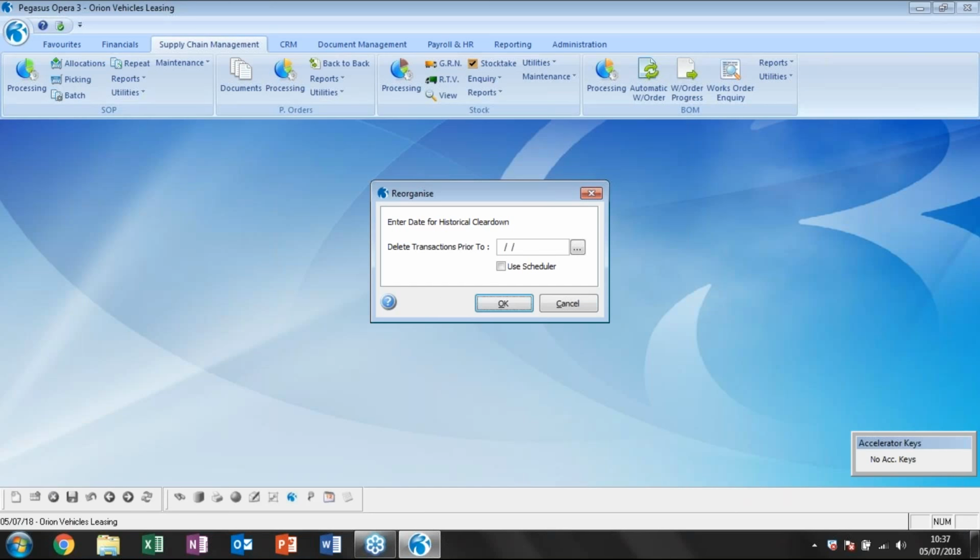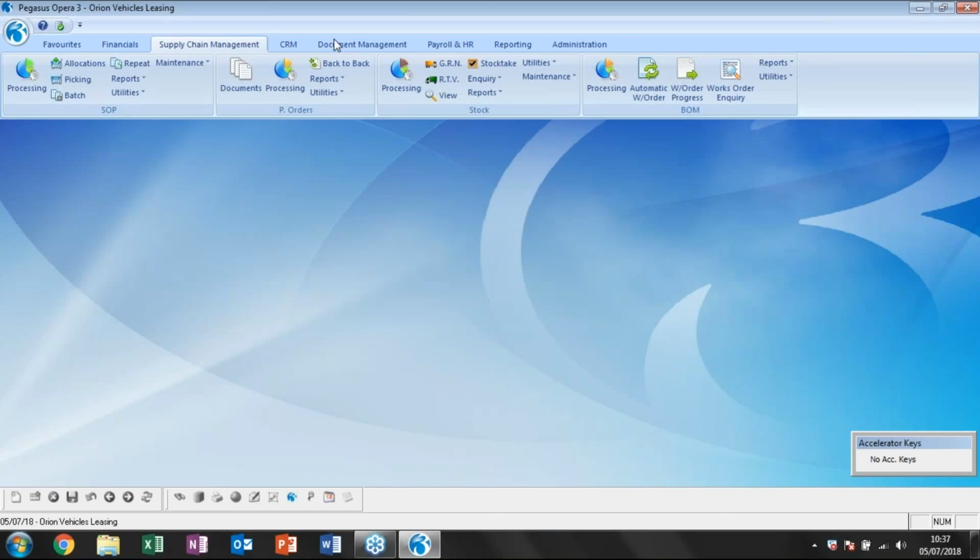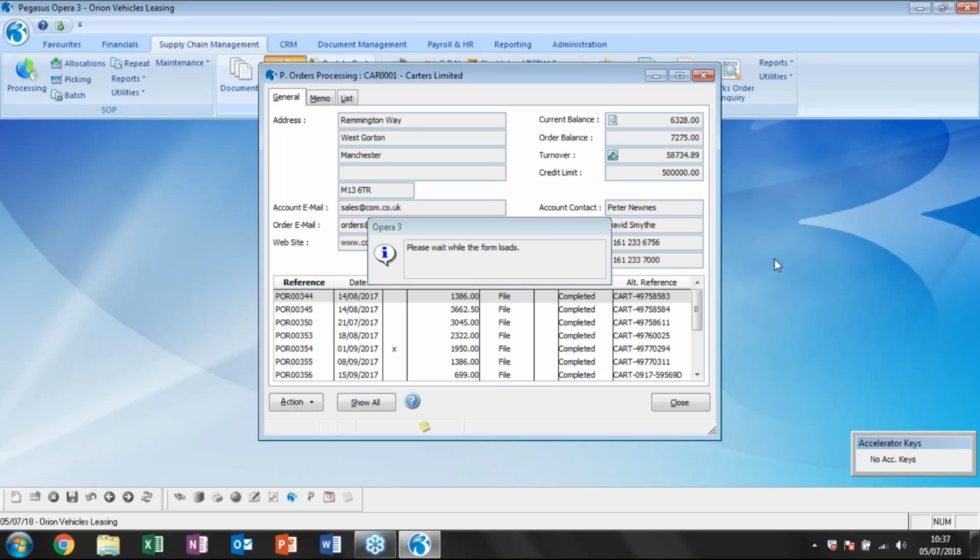purchase and sales ledger. But the purchase order and sales order process areas can get quite data heavy because of the amount of information that's on there from creating the original transaction. So this is a great routine to speed up processing if there's a lot of historical data in these two modules. So before I actually go along on there,